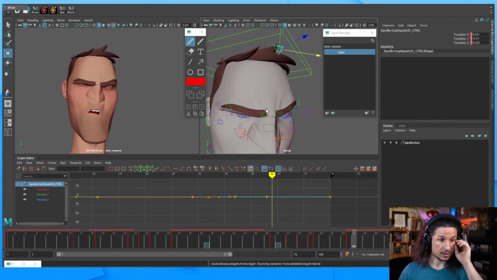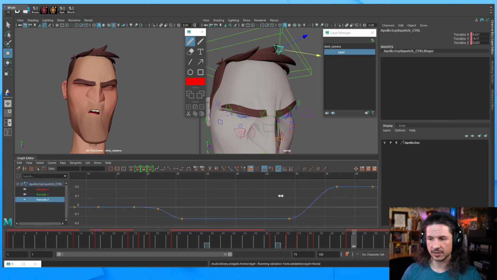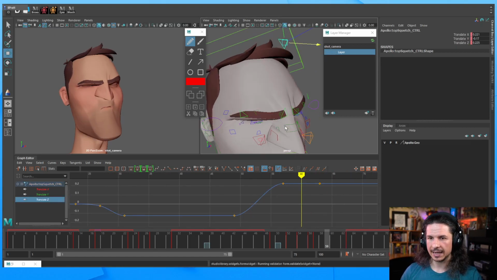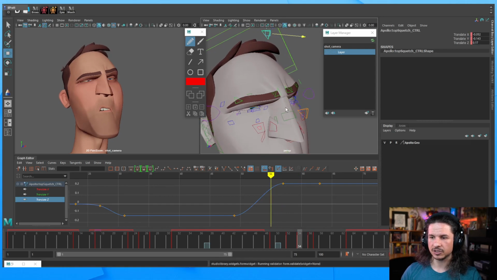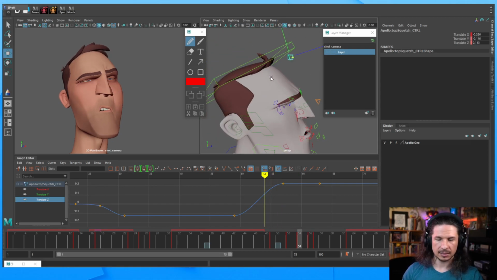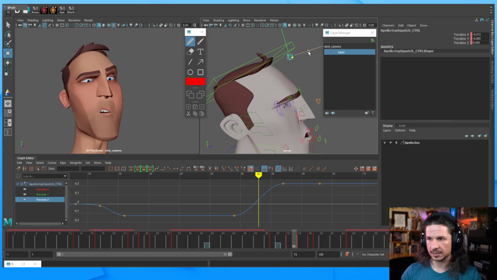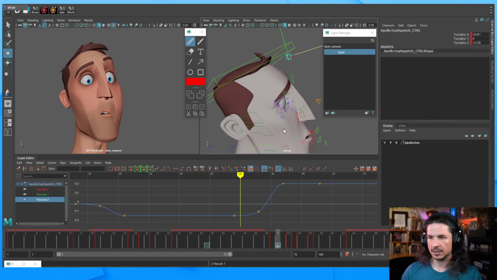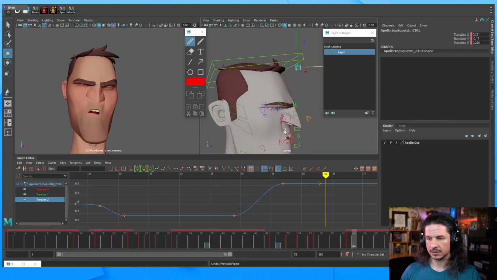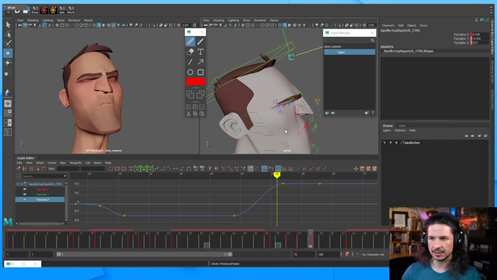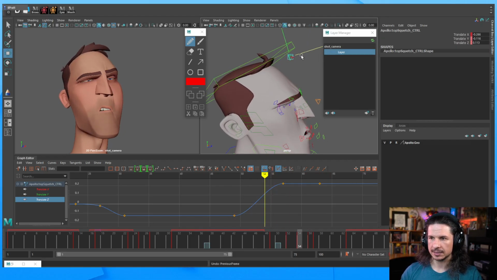Do you worry about moving the whole head, messing up the rest of the facial animation? Yeah. You do want to make sure that your head motion is as close as possible to the final result early on. If you don't, you run into the issue of just having everything feel, what's the right word? Well, when you make a head change, a big one, it could ruin everything. So in this case, with this rig,